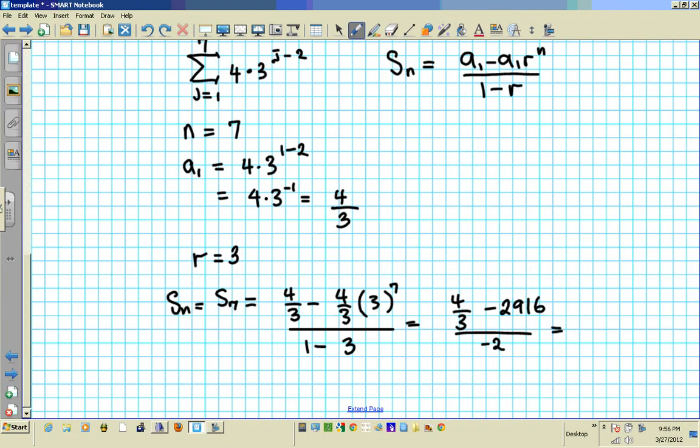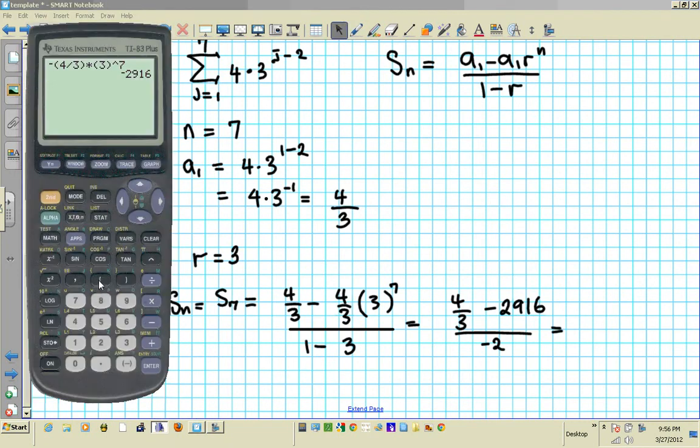Alright, let's plug this into the calculator and see what it gives us. So we're going to go parentheses, 4 divided by 3, close that, minus 2916, and then we close the numerator, divided by parentheses negative 2, close the denominator. You notice how I grouped the parentheses on the top here. Enter, and your final answer is